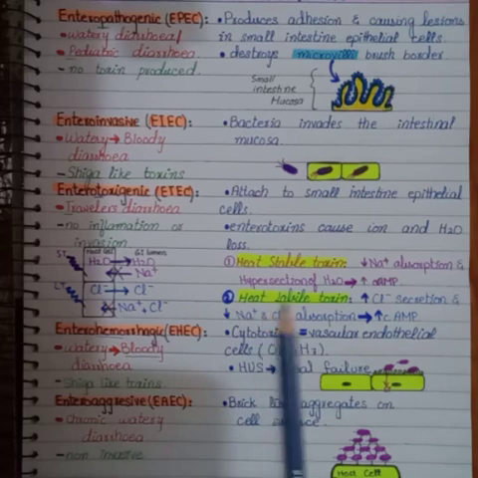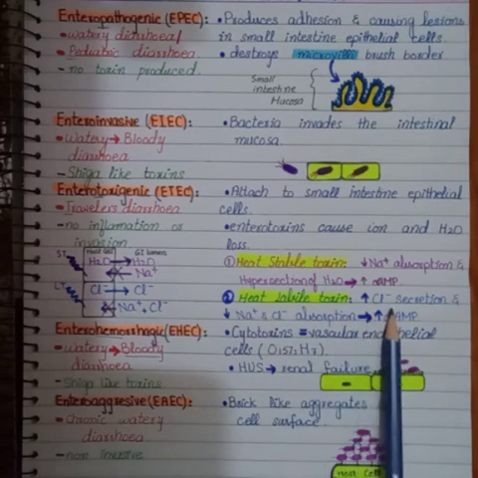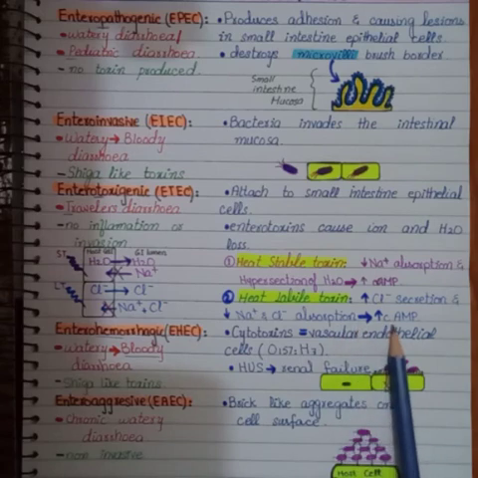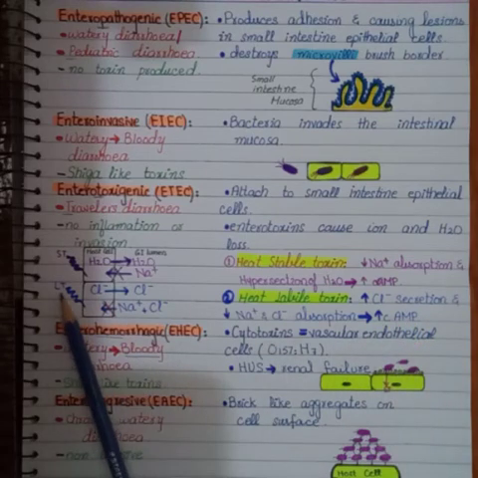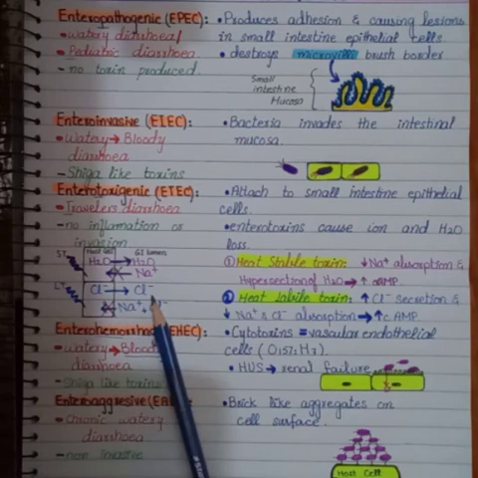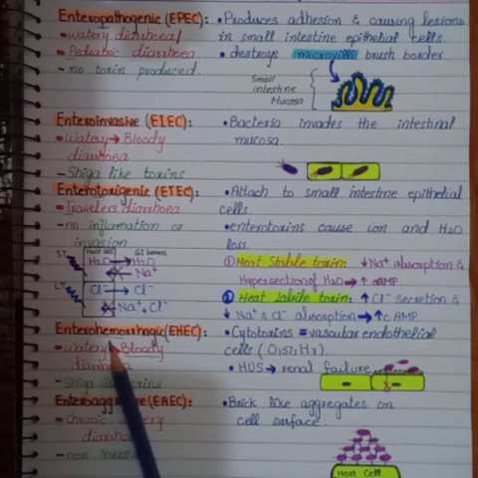Second, we have the heat labile toxins. What will they do? It will increase the chloride secretions and decrease the sodium and the chlorine absorptions. In return, they will increase the cyclic AMP activity, and this will also lead to the massive watery diarrhea. So here we have the labile toxins. It will increase the secretion of the chlorine, while on the other hand it will decrease the absorption of the sodium and the chlorine into the host cells. That will also lead to the watery massive diarrhea.